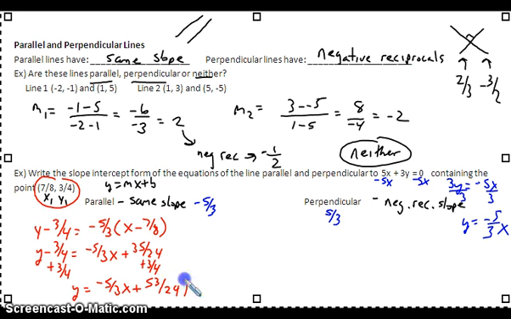So make sure you pay attention to the fact that it said it wanted slope-intercept form, and you give your answer in slope-intercept form. Even though I used point-slope form to help me get it, when I was all done, it had to be in slope-intercept form. And then if I look at the next one, I'm going to use the same x and y values, but I'm going to use a slope of